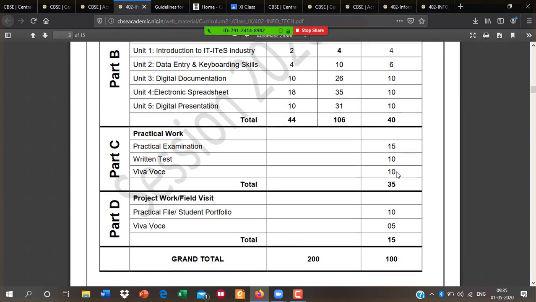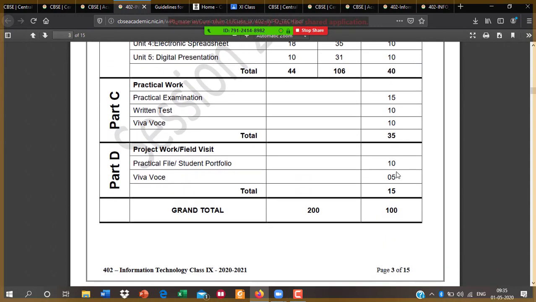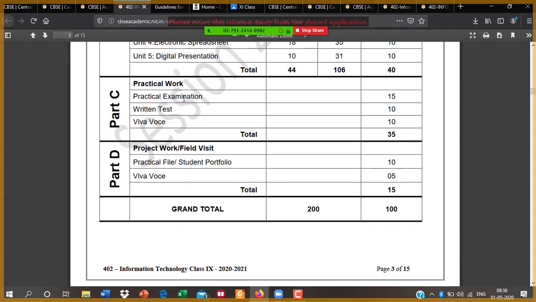Now discuss your practical work. The practical examination marks is 15. Written test is 10. Viva is 10. It makes 35. And now discuss part D, project work. The practical file or student portfolio makes 10 marks.